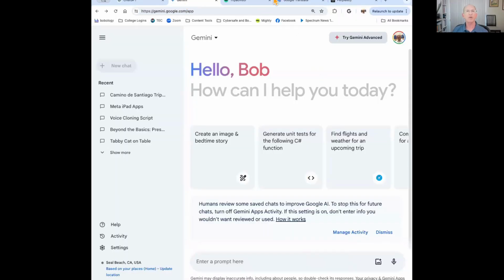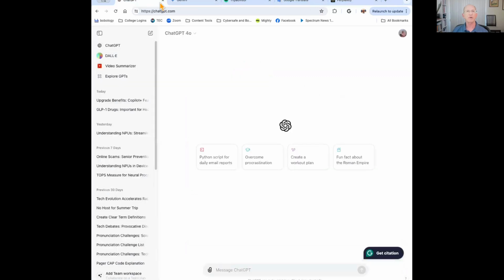And I don't know if anybody has, we've talked a little bit about some questions people have. And let me get my browser up here. I'm going to be doing this in Chrome only because I want to be able to get to Google Gemini a little bit more effectively.